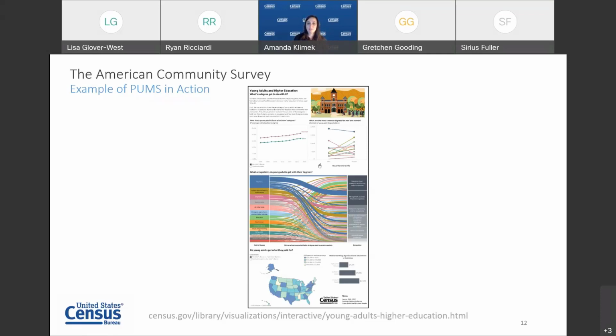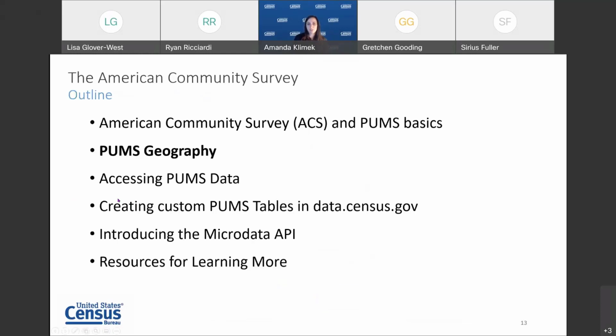So that's a product that we don't generally offer in the standard ACS tables. This is not an analysis that could have been conducted using only our existing tables. So now that we've covered some basics, we can delve into PUMS geography, which might be a little different than the type of geography that you're used to.